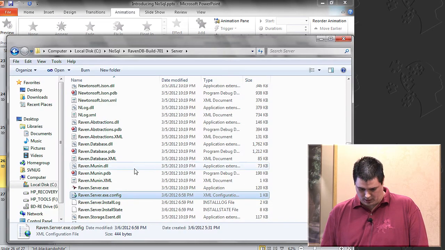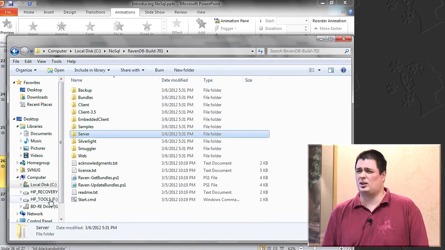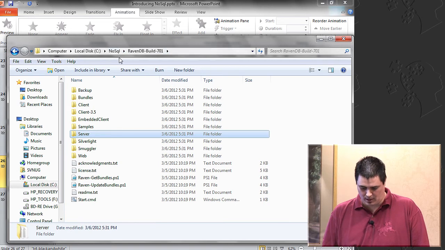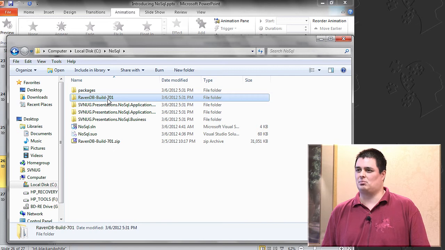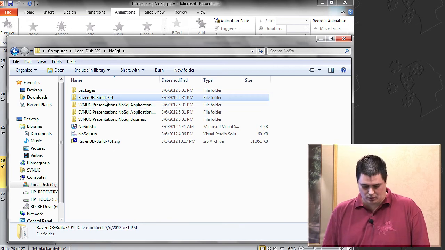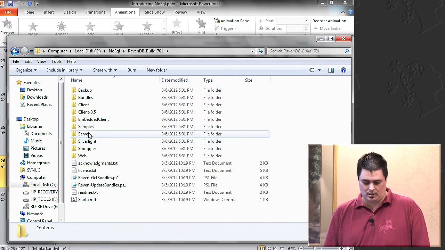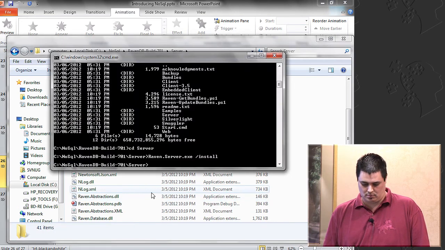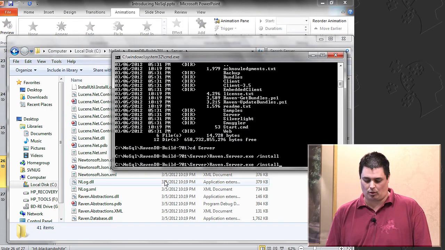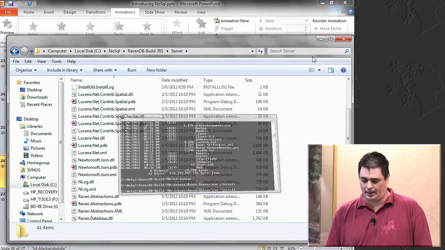So what you do is you go out to, is this connected to the internet? No. Okay, I'm going to take that as a no. So you go to ravendb.com, I think it should be, and you can get the downloader. Just type in RavenDB, it should be the first hit, and you download their most stable build. That's this right here. You unzip it and you get this. Then underneath the server folder, basically I just ran this command. It reads the config file and installs as a local service. And I did that already.